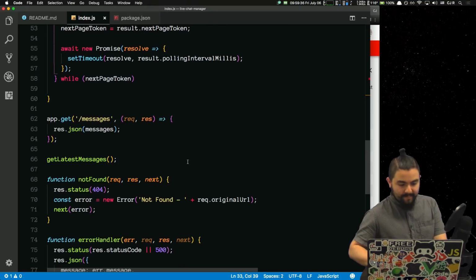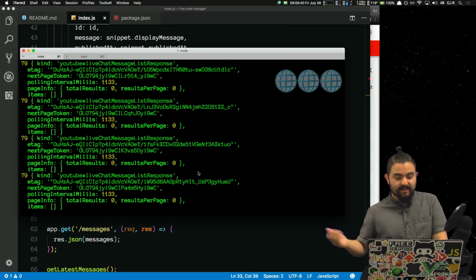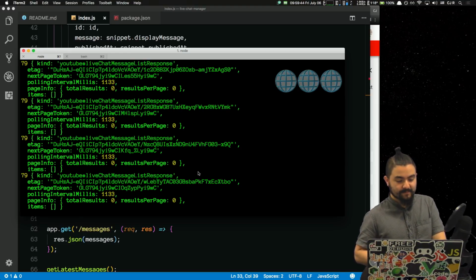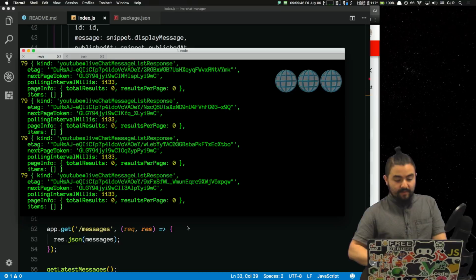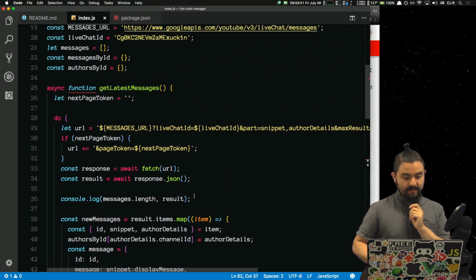Okay. This is cool though. So it's basically working. If I just leave this running, it's going to constantly grab the latest messages. But I do want logic though for